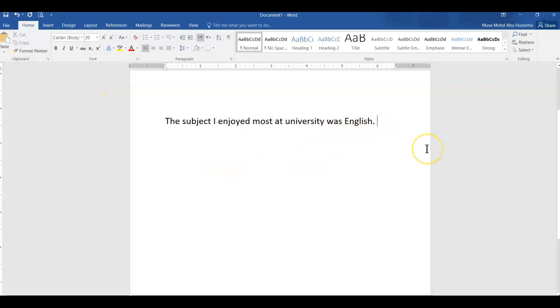topic sentence. If I need to elaborate, if I need to give more support, I can say the main reason is that I liked the professor and the textbook. The textbook we had. I need to explain now more. I can say, I can give an example. I can say, for example,